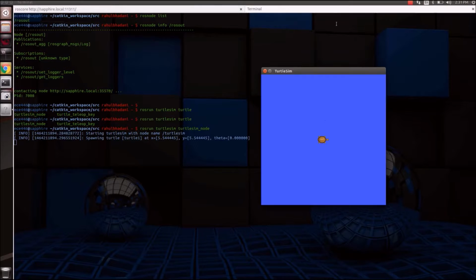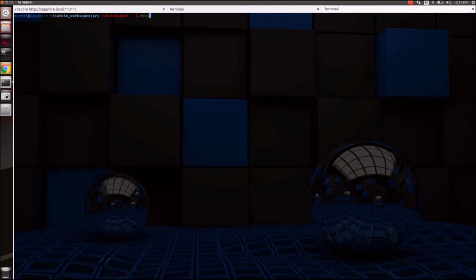Now let's do the rosnode list again. Now you can see that there is another ROS node, turtlesim. We can also get the info about it. rosnode info